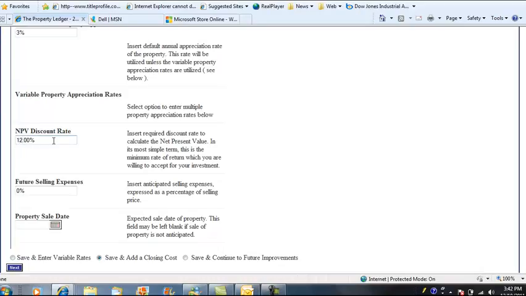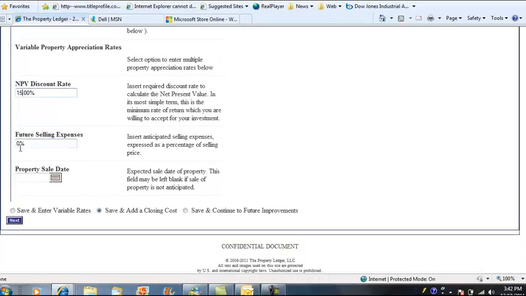But let's input 15%. Future selling expenses: if and when we sell this property, we're going to have to pay commissions, closing costs, proration of taxes. Let's just estimate that at 7%. And if we want to, we can input a property sales date, but we're going to hold this for the